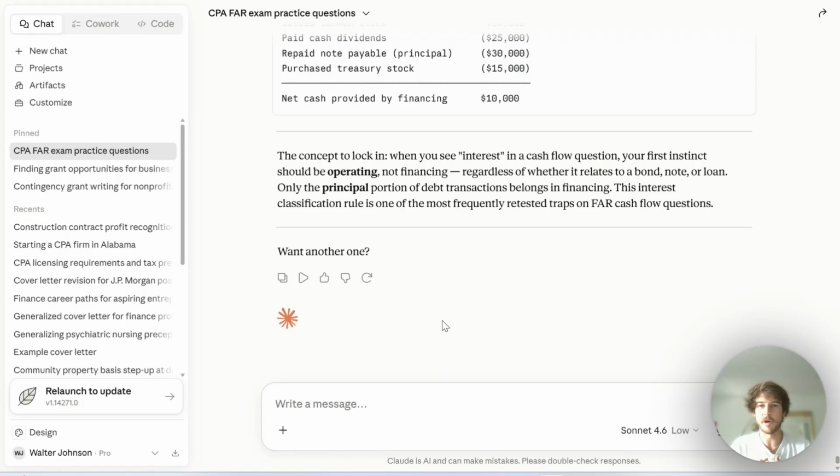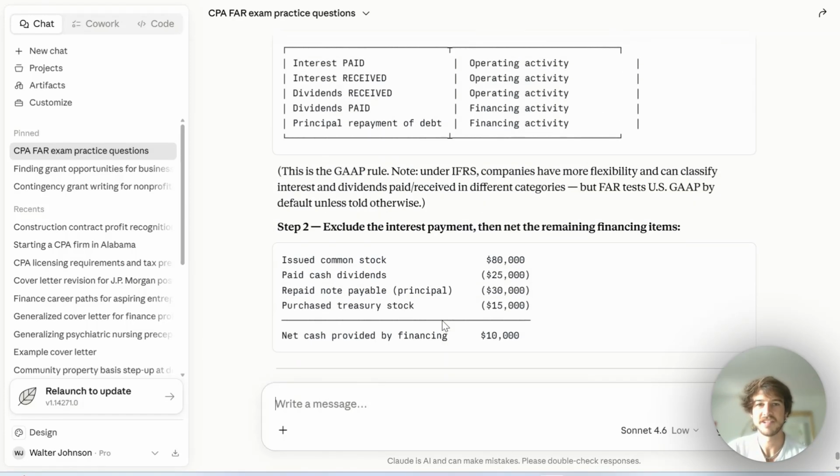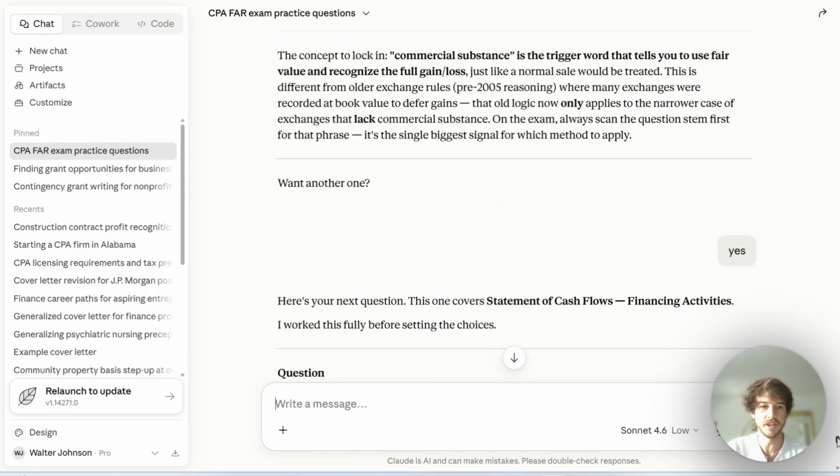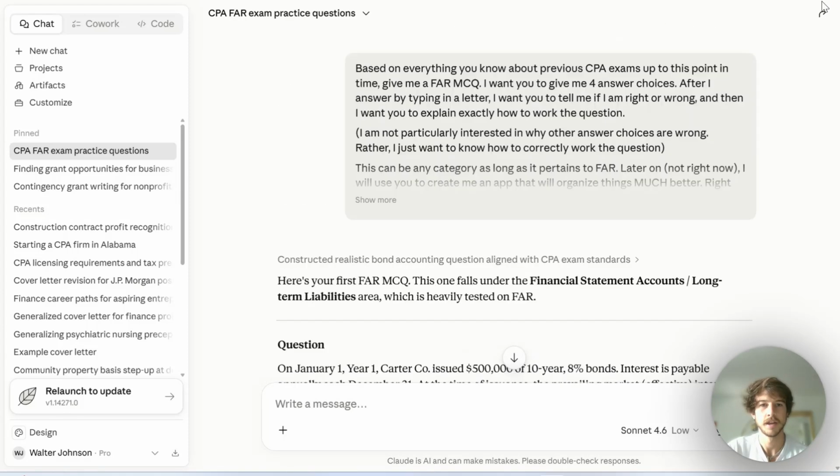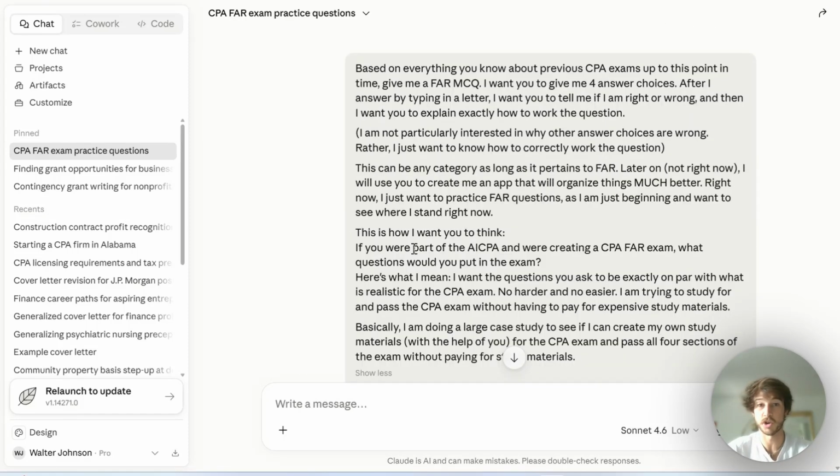All right, so a little bit about what I'm doing. Basically, I have created this long chat, and I'm starting with the FAR section of the CPA, that essentially makes FAR multiple choice questions from scratch. So I gave this little prompt,